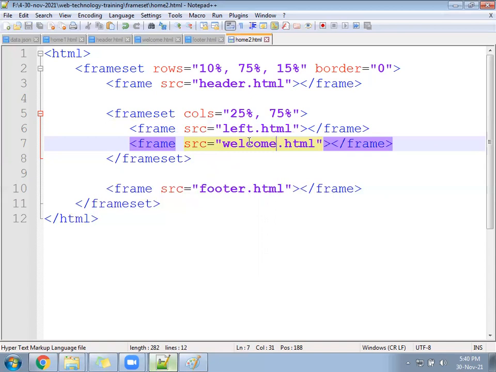Frame SRC equal to left.html, frame SRC equal to welcome.html. Save your file and check once.